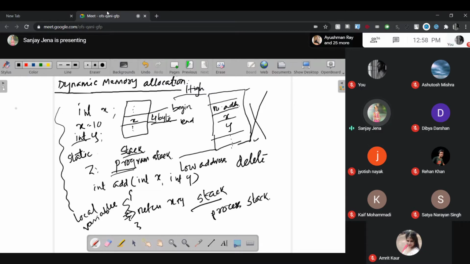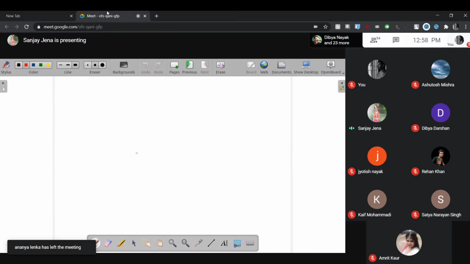And all other things you are doing whenever you are writing a C code. Now the thing arises, I have to go for dynamic allocation. This is all static allocation you are doing. The meaning of dynamic allocation is that the memory blocks will not be taken from the stack. They will be taken from another data structure that is called heap.